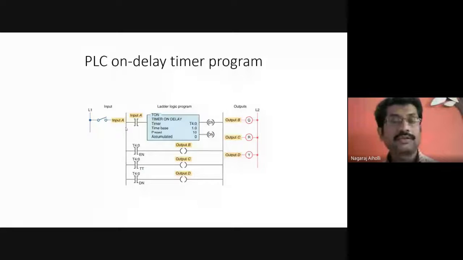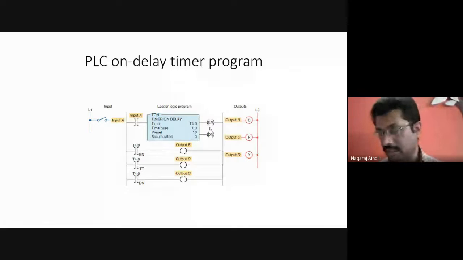Up to what value should it increment? Until the accumulated time becomes equal to the preset value. But say after 4 seconds, I am releasing the switch, that is, opening the switch. Once this switch is opened, what should happen to the timer instruction?